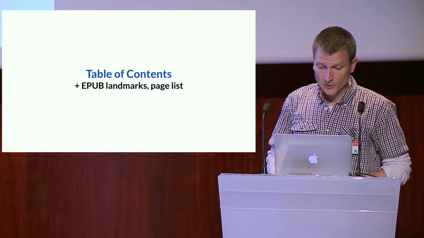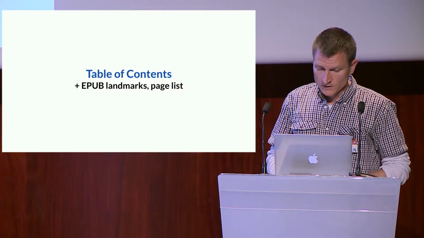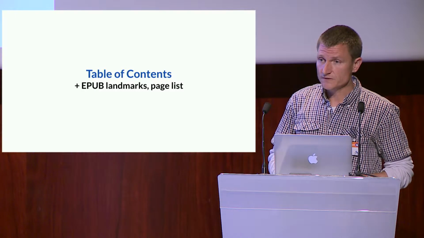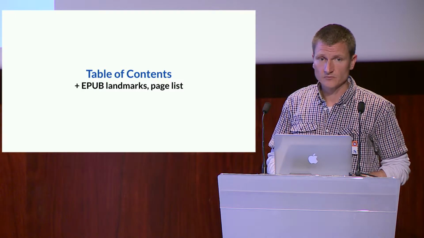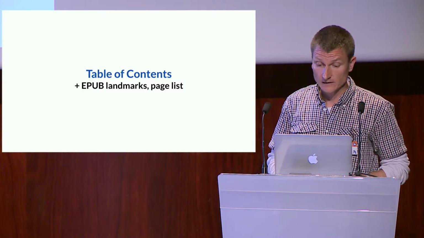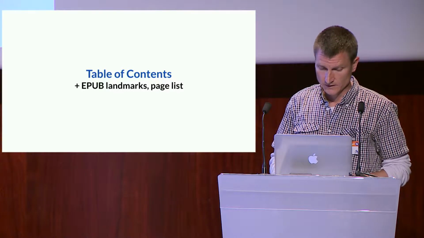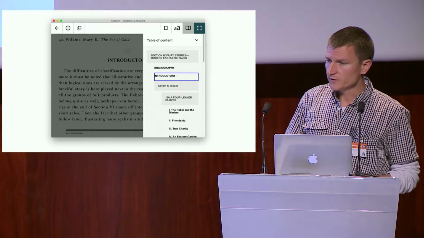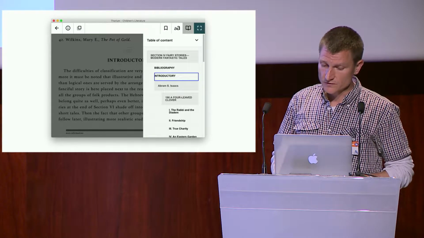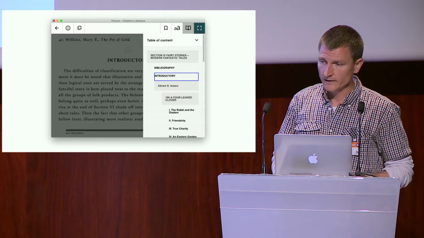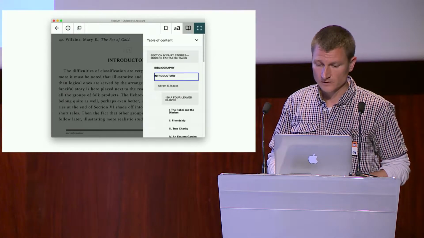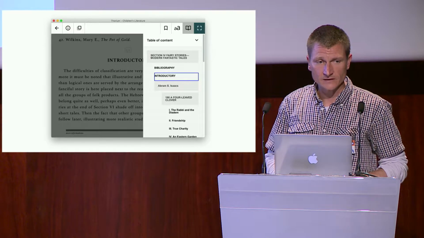So naturally, we support table of contents, EPUB landmarks and page lists, which are features that can be authored by publishers or content creators directly into the publications. And that's how it looks in the user interface. So the point of this screenshot is to show that the blue highlight that is currently putting some emphasis on a particular table of contents heading